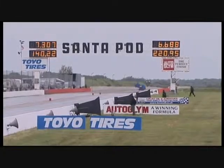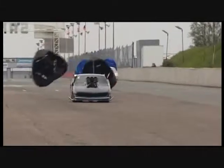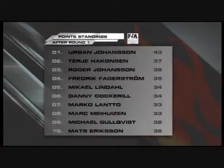Both away from the start line together. Mickey Lindahl shaking himself to death in the Camaro, all over the place, but he keeps his foot in it to take the win with a 6.68. But unfortunately, the story of the weekend, the rain came back. Now, the race between Mickey Gallquist and Marco Lanto was due to be rerun. It couldn't be rerun in time because of the weather, so